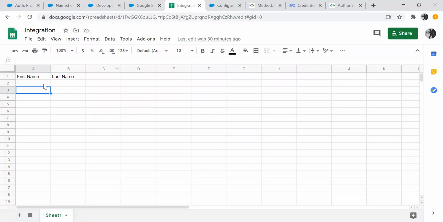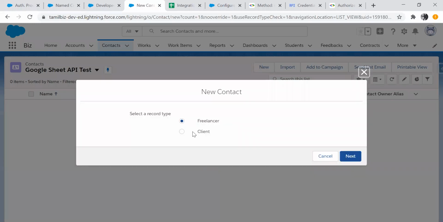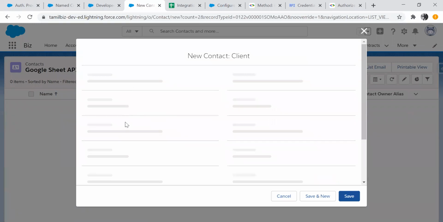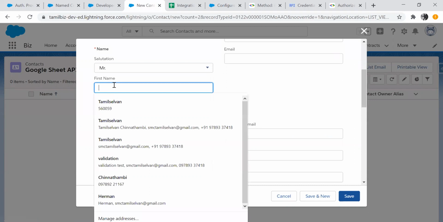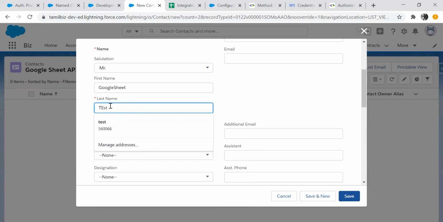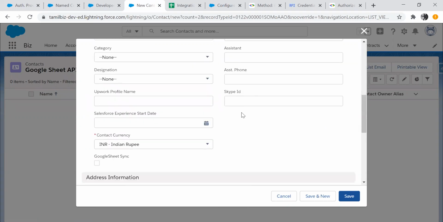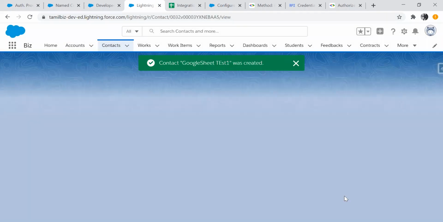If you can see here, this is empty. It's first name, last name only is there. It's not having any values. Let me create the new contact. Let me select the client as the record type. So I have created a new contact.